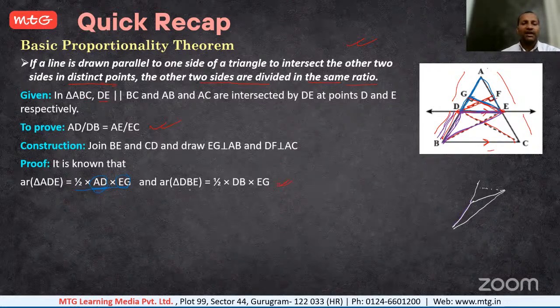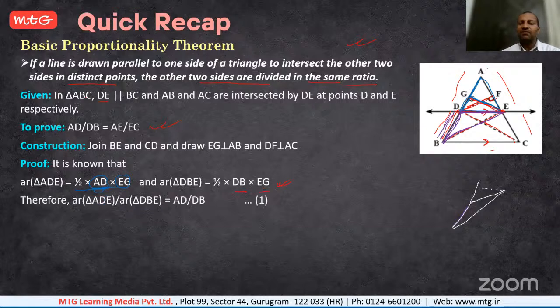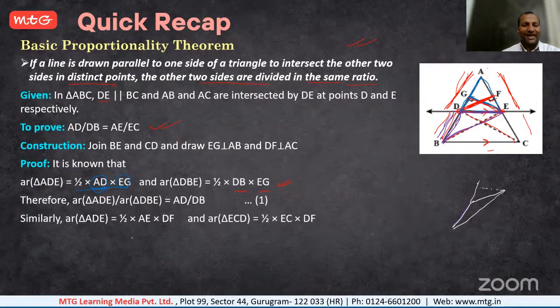So area of triangle DBE is equal to half into base into height. The same thing we will repeat again. Earlier we have taken AD as a base. Now we will take AE as a base and height will be DF. So that we have taken for the area. So in the next case, we have taken half into base AE, height DF,